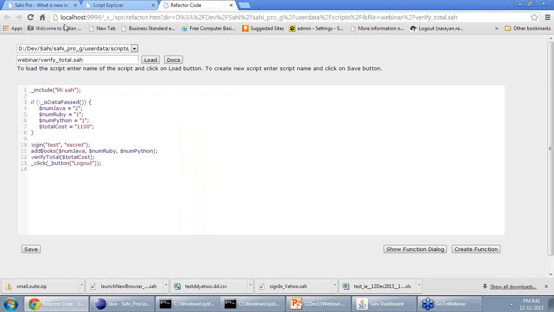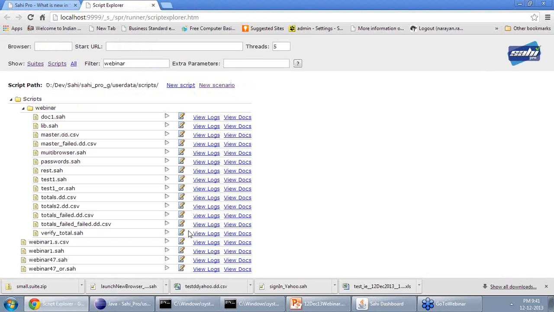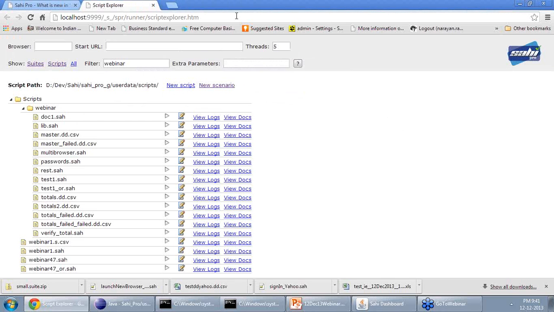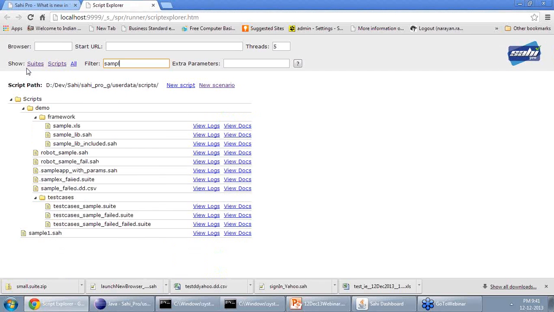If you click on the edit icon here, you can edit it from here. Similarly, if it is a DDCSV file, if you edit it, it shows up as an Excel sheet. You can modify it to put some other value and save it. And if it is a scenario file, then it shows up as